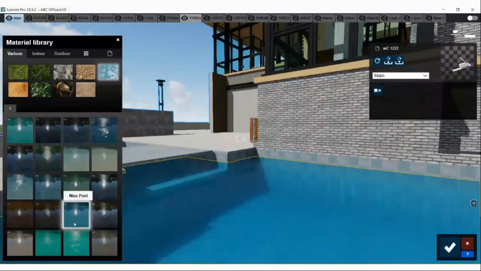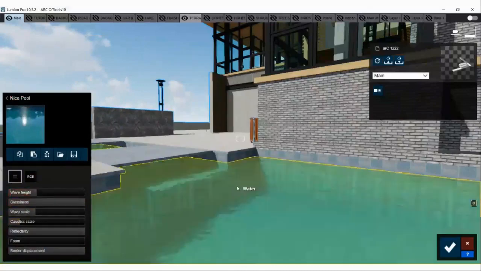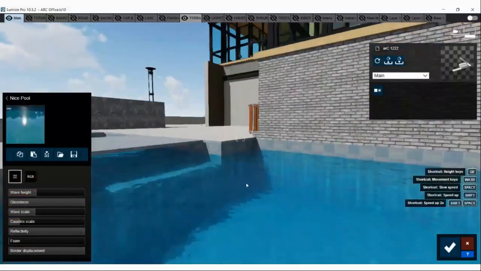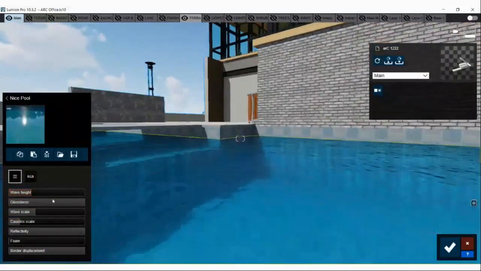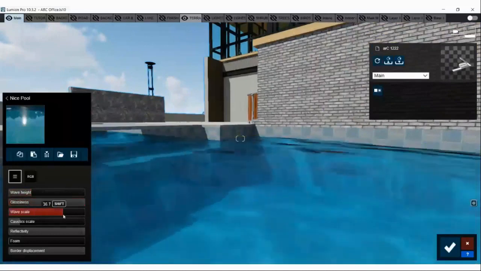So I'm applying a pool water, and with this scroll bar you can change the properties of this water. See, I'm adding some waves, gloss, wave scale also.